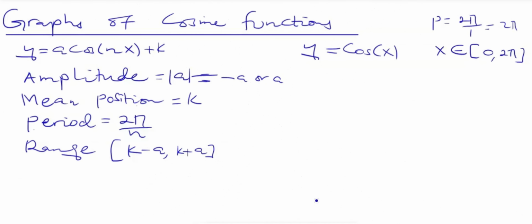Okay, graphs of cosine functions, and a few things to make note of: the amplitude, the mean position, the period, the range. The amplitude is an absolute value, so you have a negative and a positive. The mean position is where the graph is starting from, or whether it's a translation, vertical translation is going up or down. And n is the dilation factor from the y-axis, and a is the dilation factor from the x-axis. So